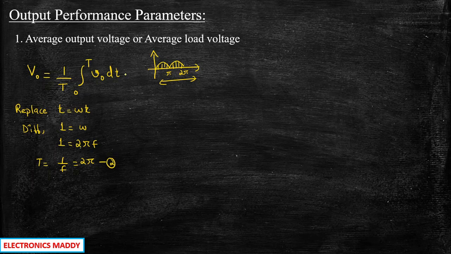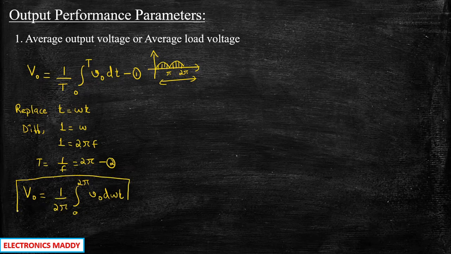We will be substituting this value. If we consider this as equation 2 and the earlier one as equation 1, substituting 2 in 1, we get V out is equal to 1 by 2 pi into integration from 0 to 2 pi of V out into d omega t, substituting t by omega t. That is why it is d omega t. This is a very important expression for average output voltage, which is required while substituting in the formulas. These are very important parameters, and each one of them is very much important, so make a note of it. These are the parameters on which we will be comparing. Once we see the working of a circuit, we will find the average value. These are the steps that we will be following.